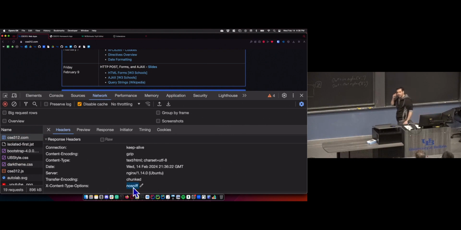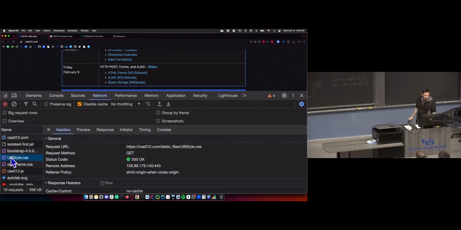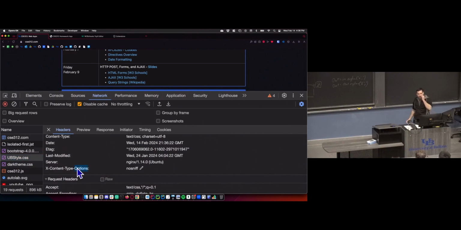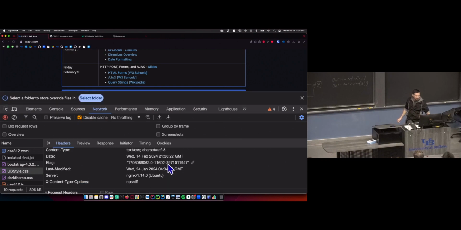Make sure the nosniff is actually interpreted by the browser as a separate header like this. You can go to your browser console, look at the requests, search each one of your requests, and make sure you have your nosniff on each response that's sent. If this is up in the previous header, that means it's not using the proper syntax, it's not set up properly. You have to fix that.